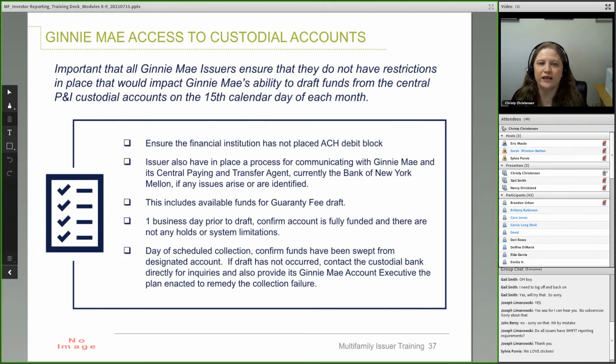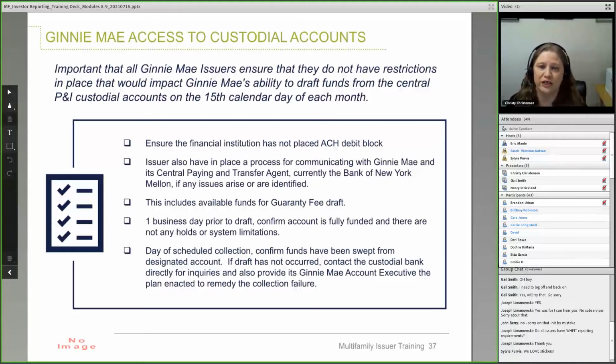It is very important that all Ginnie Mae issuers ensure they do not have any restrictions in place that would impact Ginnie Mae's ability to draft funds from their central PNI custodial account on draft days. Please ensure that the bank has not placed any ACH debit blocks. Also, issuers should have a procedure in place for communicating with Ginnie Mae and its central paying transfer agent, or CPTA, if any problems arise. This includes available funds